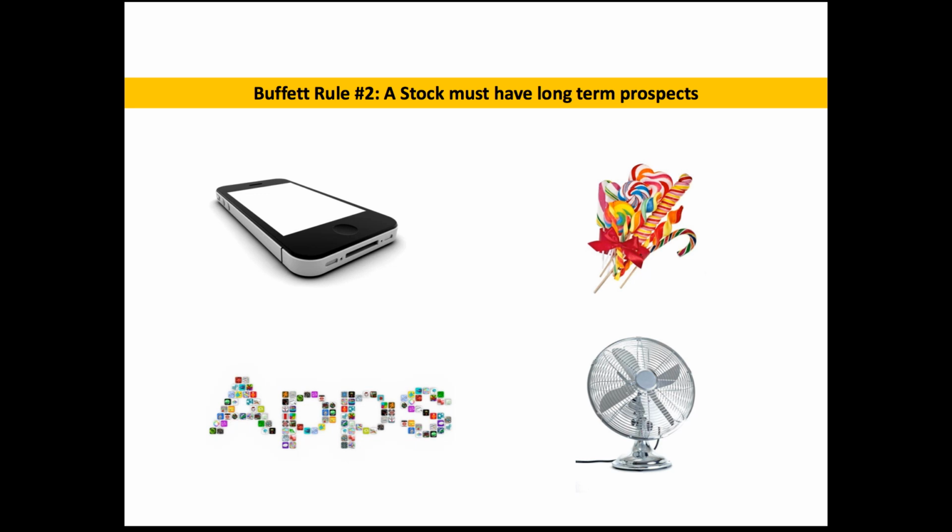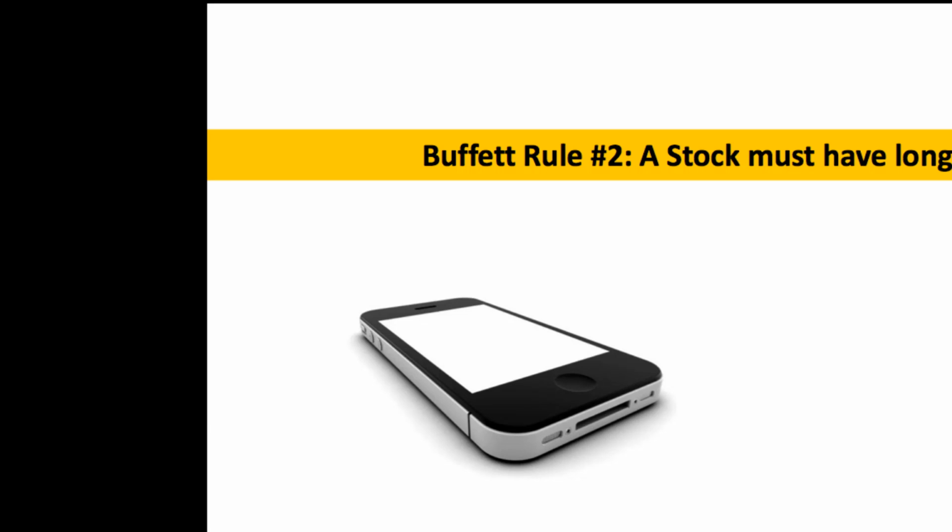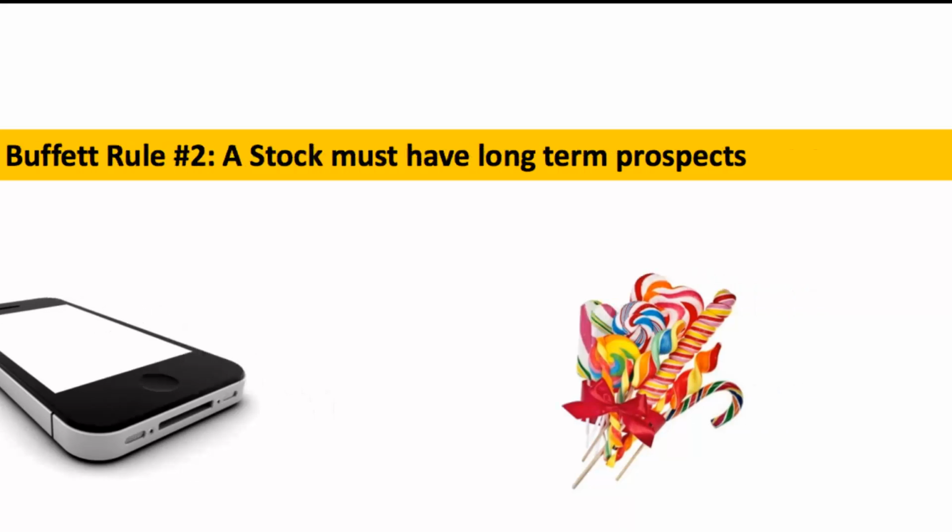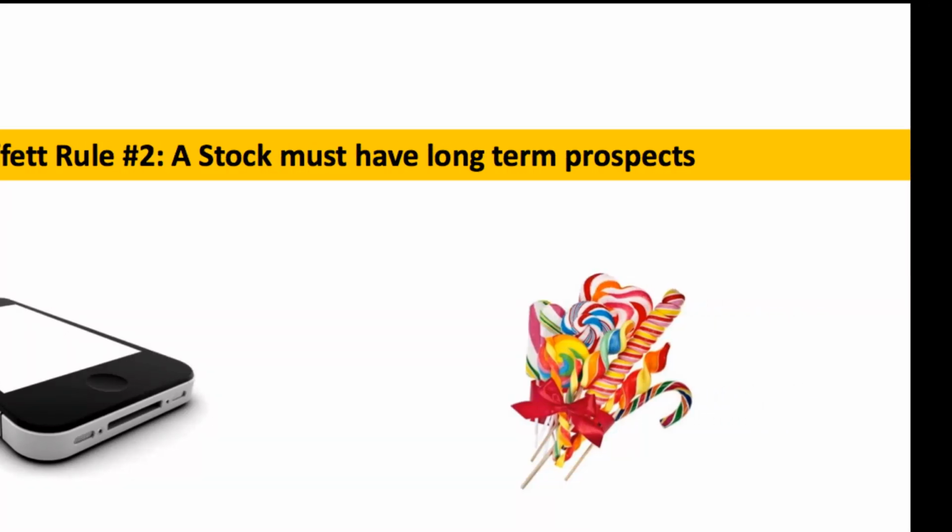So when you envision the future in 2042, do you see people still using iPhones? Now that might sound like maybe I'm attacking Apple, but to be quite honest, I think everyone can agree that there's no chance that that's going to be the type of phone that we're still using 30 years from now in the year 2042. Now, when you look over at the next item, you see candy. And that one is pretty obvious that we're probably still going to be eating candy 30 years from now.